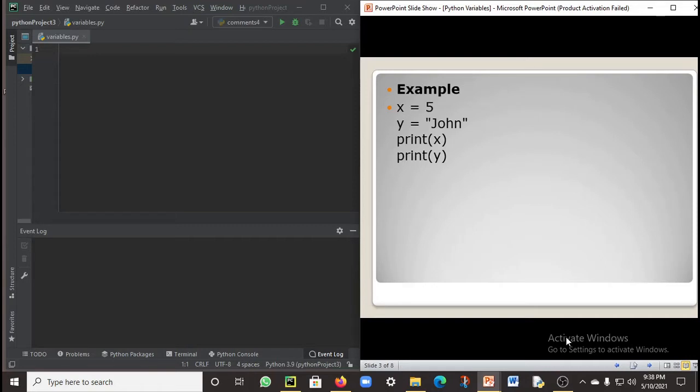So next is an example. x is equal to 5 and y is equal to John. Print x and print y, the output will be 5 and John. So let's see.